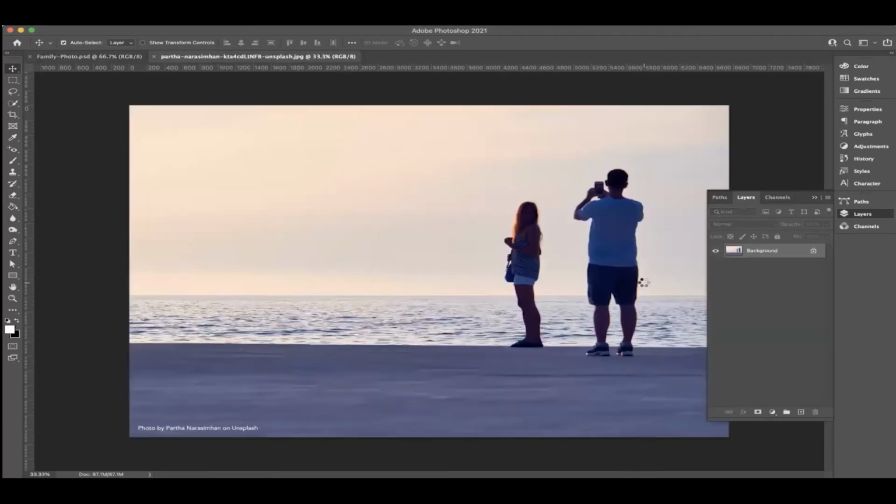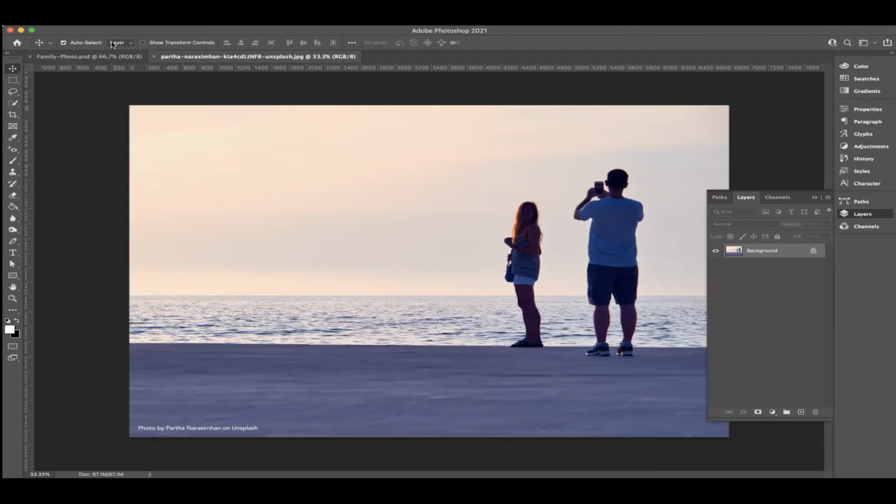All right. So now we have this photo, which is kind of a nice photo, very candid. It looks like somebody maybe took a photo of this couple. You can maybe see a little bit that this woman is smiling on the beach. Now, we want to make this the most epic